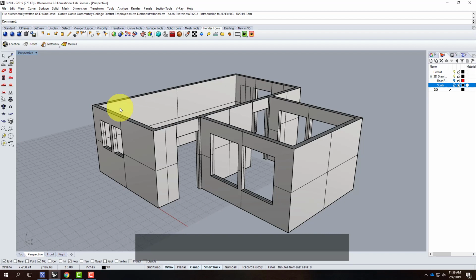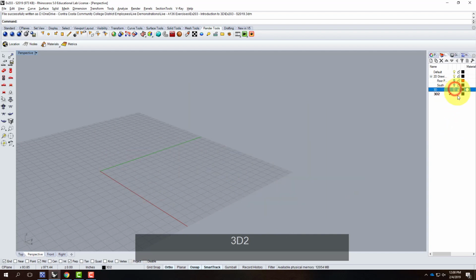Are there any questions? Yeah, Nick. Can you go through how to raise the walls again? Yeah, to do the extrusion? Sure. So let me go ahead. Let me create a new layer. I don't want it to be a sub-layer here. I'll call this one 3D2. I'll make that active, and that will allow me to turn off my walls. I'll turn back on my floor plans, and now I can go back through the